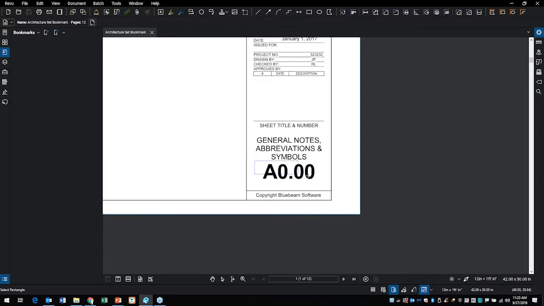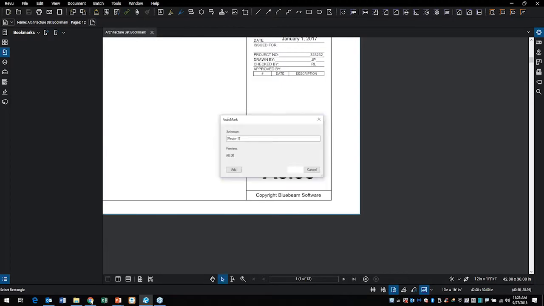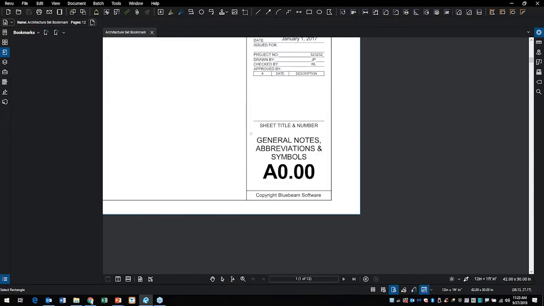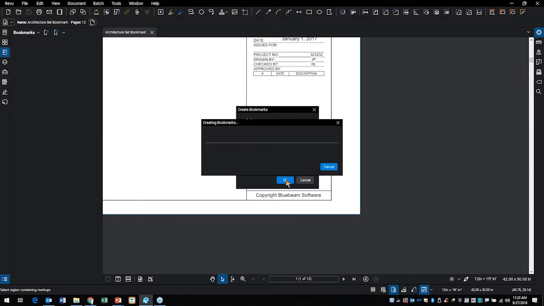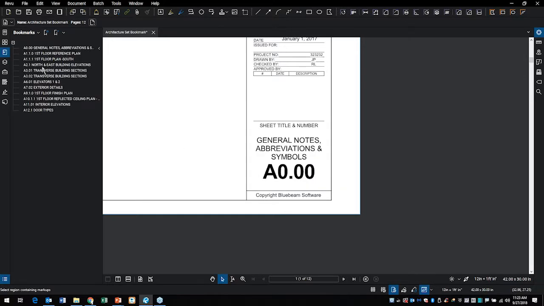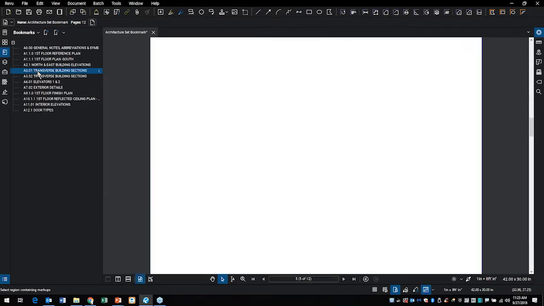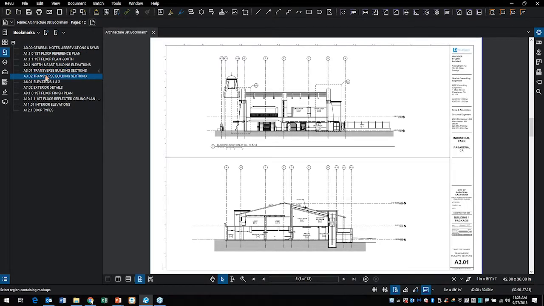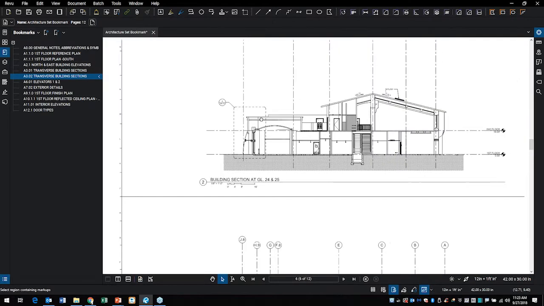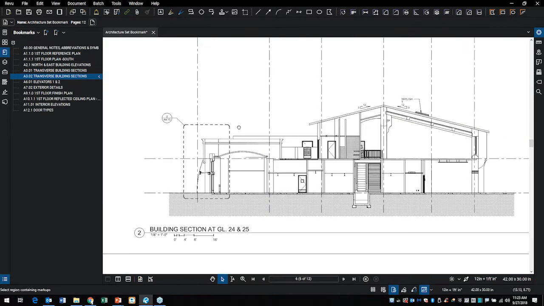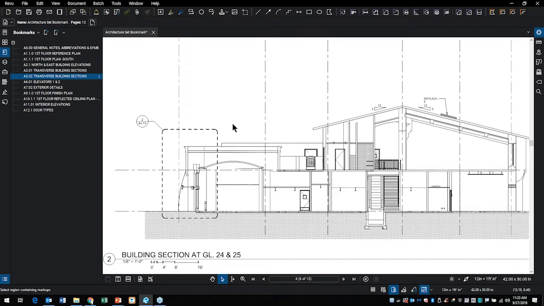So I'll select a rectangular region, which would be the page number, click in there, add a space, click Add, again drag a rectangle around, and go ahead and pick OK. I'll pick OK to that, and it generates these page bookmarks. So I've got a bookmark that can take me to a particular page. What's also nice is with the bookmarks, I could zoom up here to, let's say, view 2 on this particular